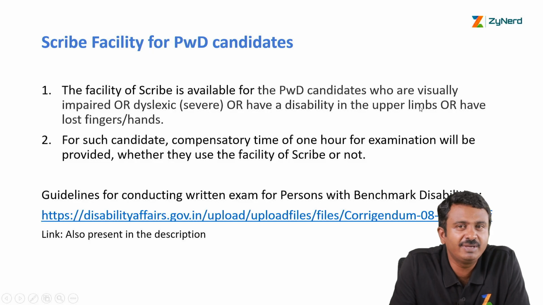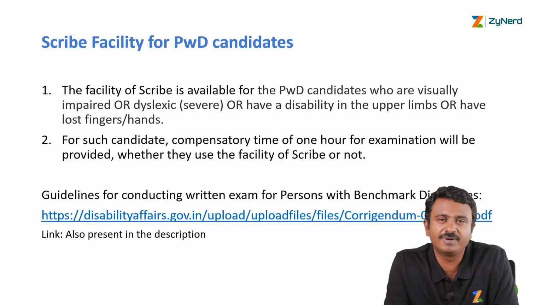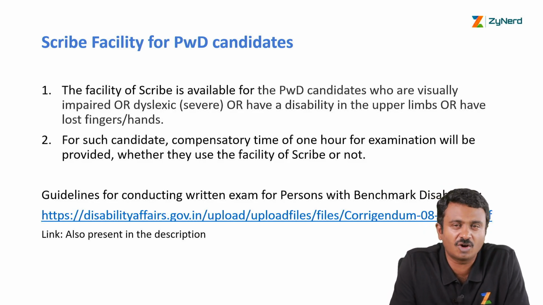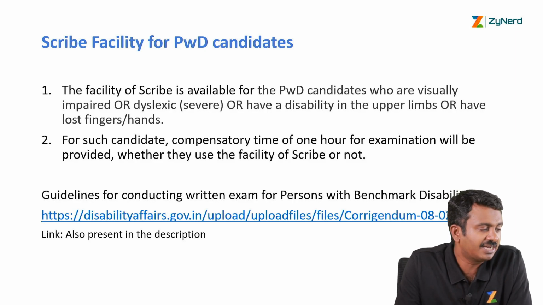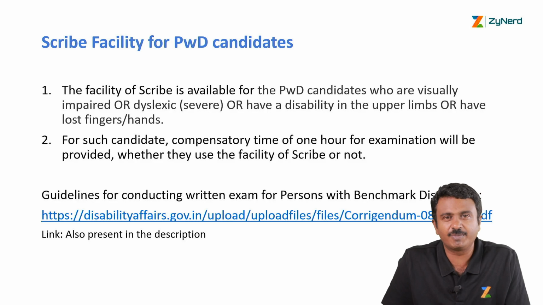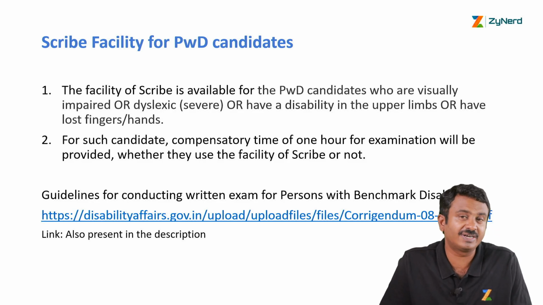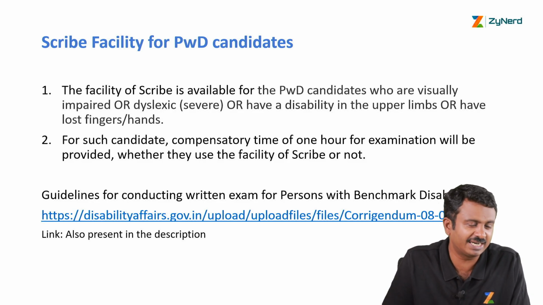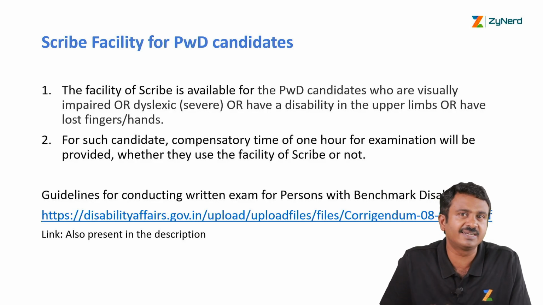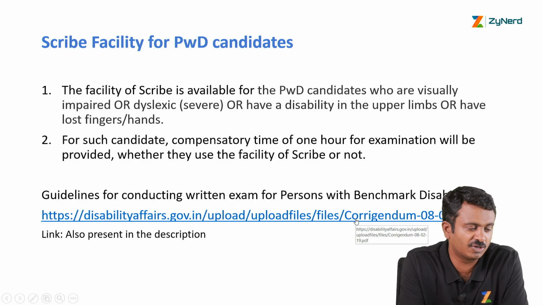It is the examination authority which will actually appoint a scribe for you, and you will not be able to select the scribe. Next, irrespective of whether you take a scribe or not, an additional 1 hour will be provided for PwD candidates for writing the exam. In case it is not provided, just check in the center. It has to be provided as per the RPWD Act itself and the notifications on that. If you want the notification, you can also check on this.